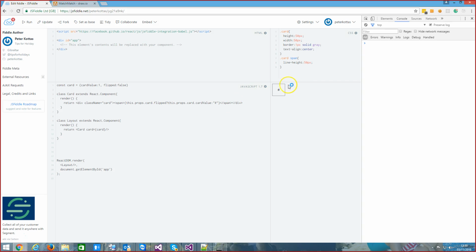And it still works. Okay? So now we are driving this with some data, and so far it's only one item, therefore we have one card. But since we want to have a game board which consists of some rows and columns of cards, the natural way of doing this would be to create a table